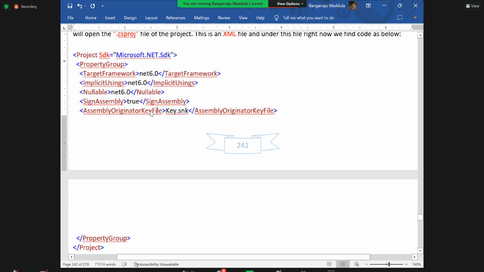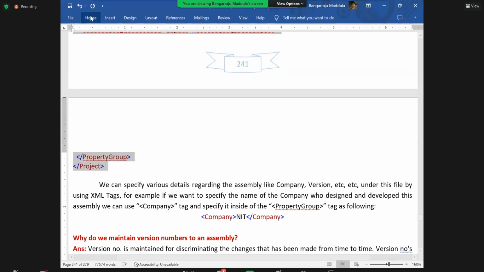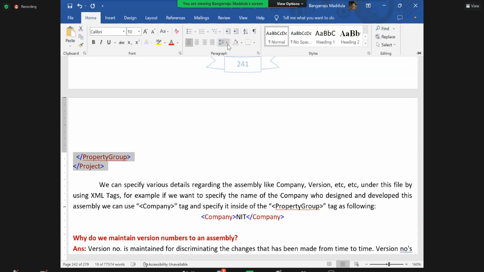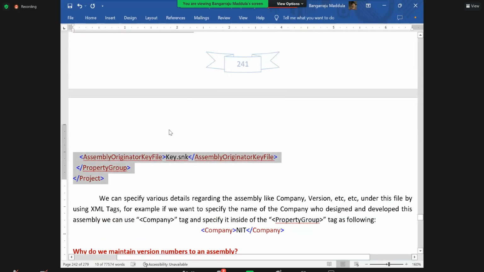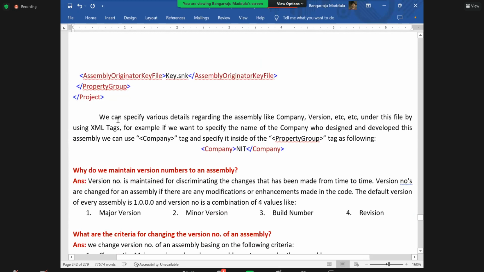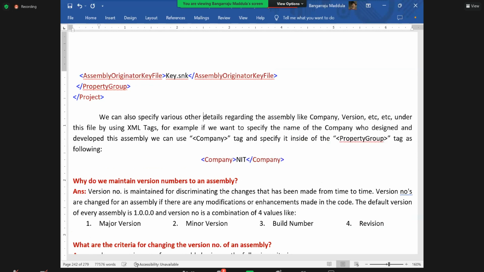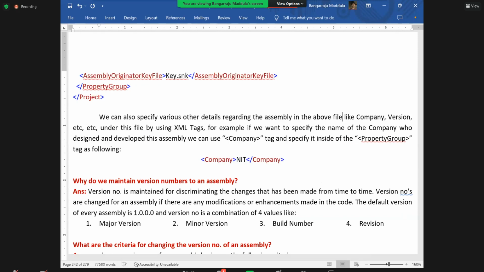Yeah. So right now, this is the code you'll be seeing there. Fine. This is the code you'll be finding over there. Okay. We can specify various details regarding the assembly. We can also specify various other details regarding the assembly in the above file, like